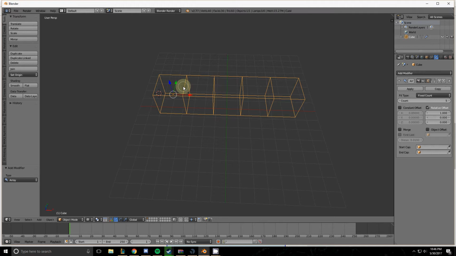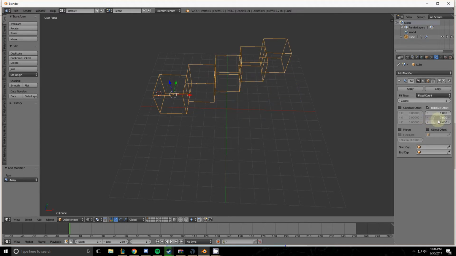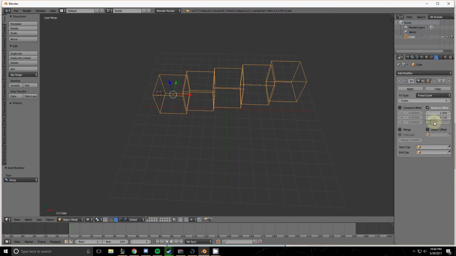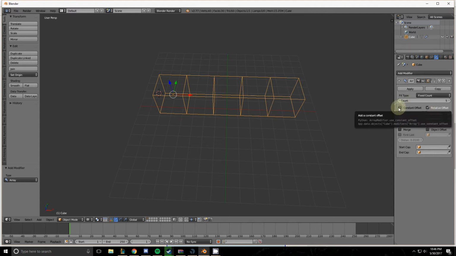You can increase it or decrease it in more than one vector at a time, so we can make it go diagonally by increasing the y-axis and the z-axis as well. Let's put these values back to 0 for the purposes of this tutorial. If you don't want to use relative offset, which just uses the distance of the object the modifier is applied to determine how many times or how often it's going to reiterate,